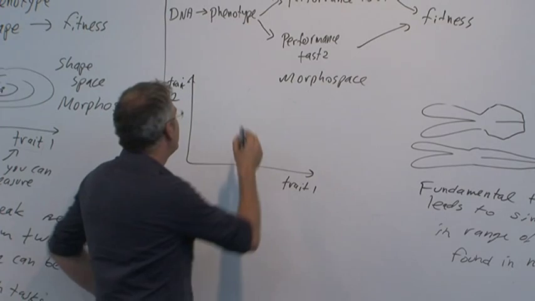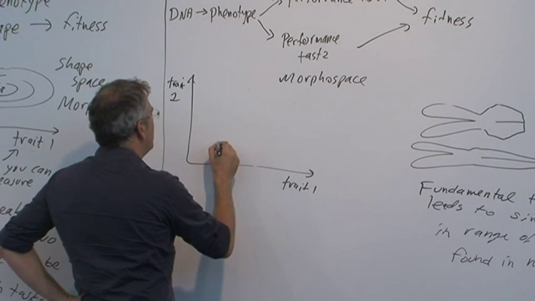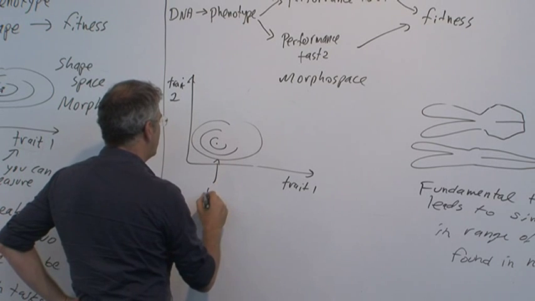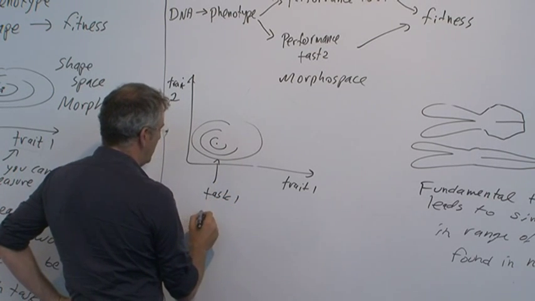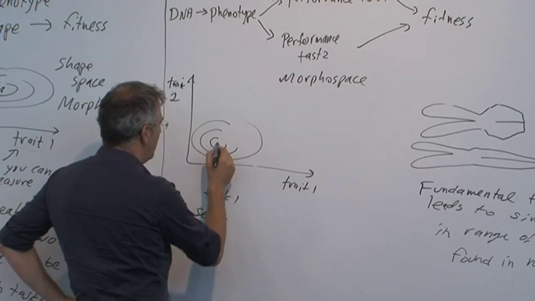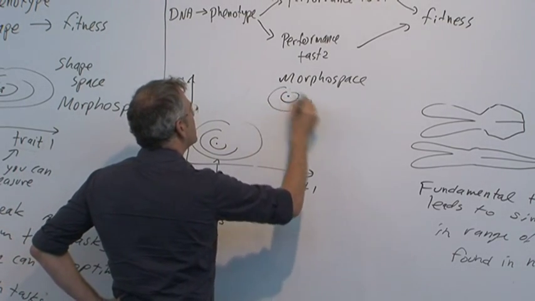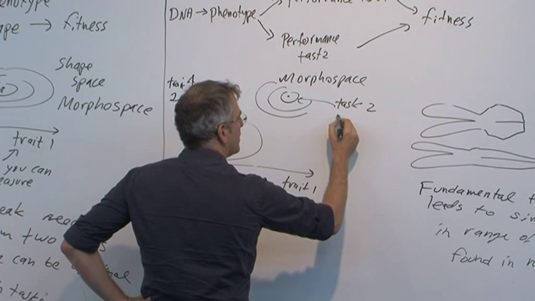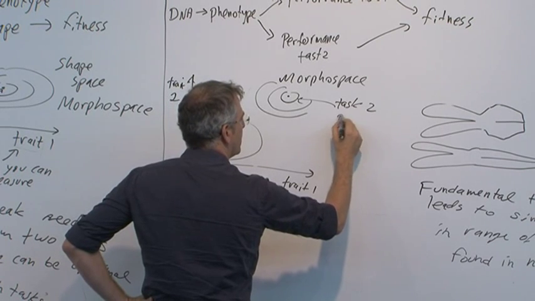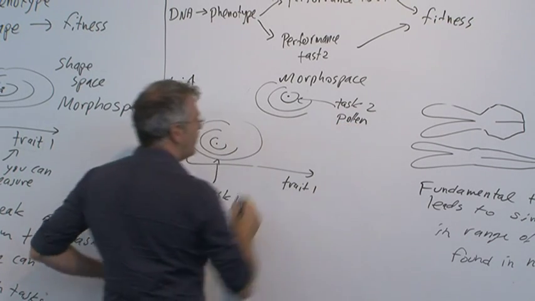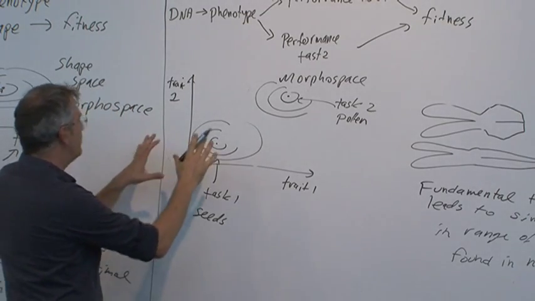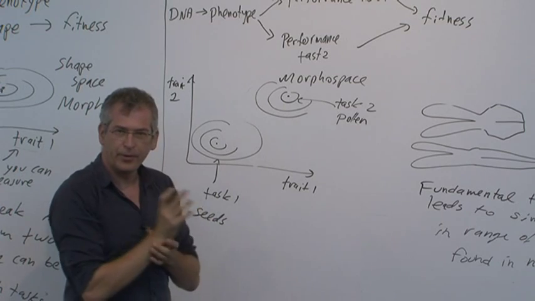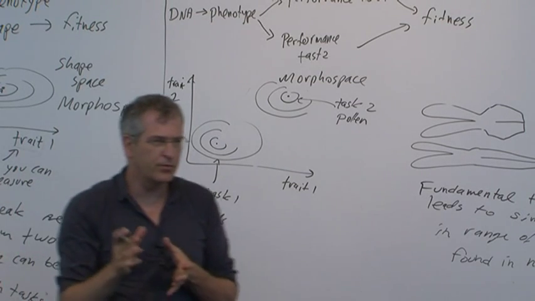So I'm going to draw here, for example, this is the hill, the performance contours for task 1. Let's say eating seeds. And here are the performance contours for task 2. Let's say eating pollen. So we have these performance functions. We need one performance function for each task,